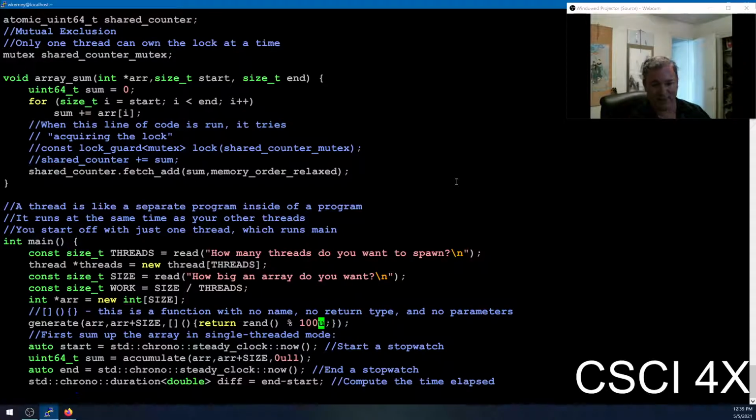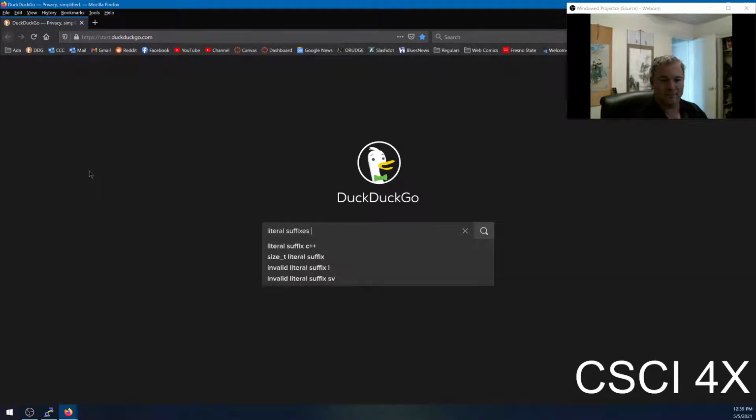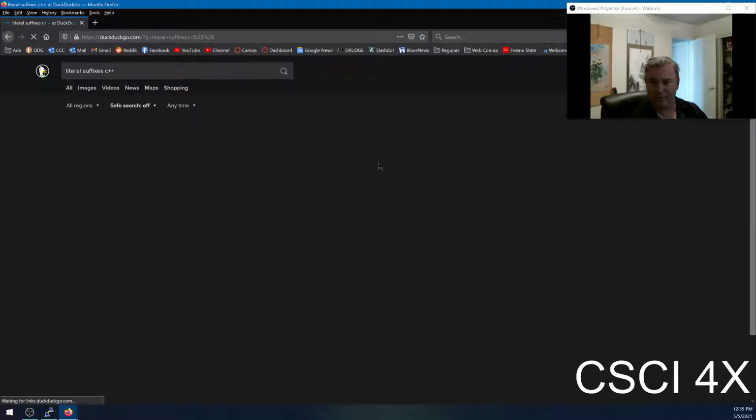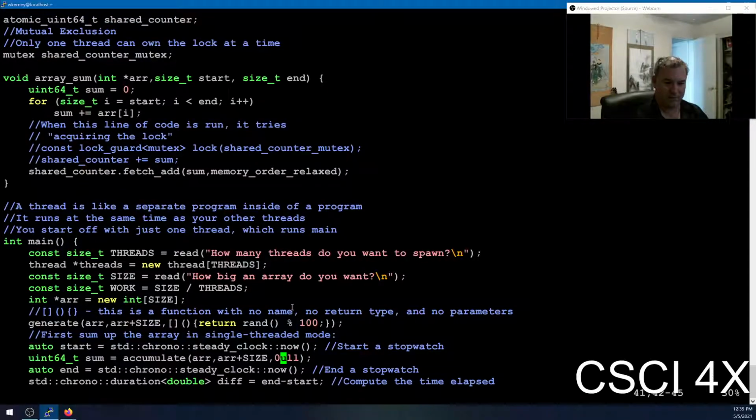100 unsigned would be a U. So there's all sorts of these weird suffixes you can use in C++ to indicate the type of a literal. A literal is a number that appears directly within your code, like this. So there's a whole bunch of these. The ones you've probably seen me use a lot is like